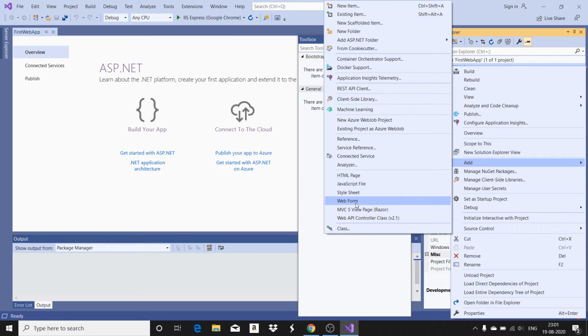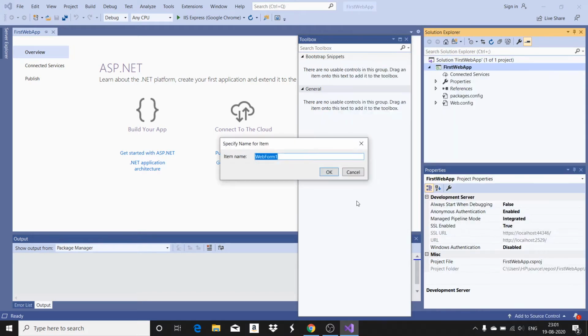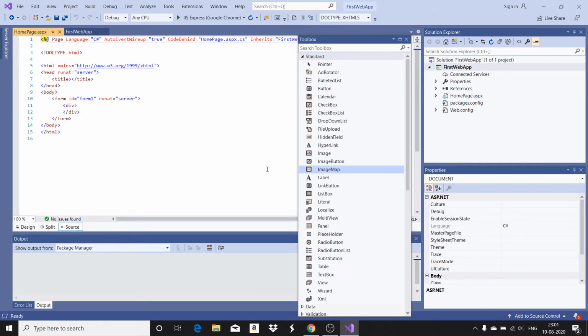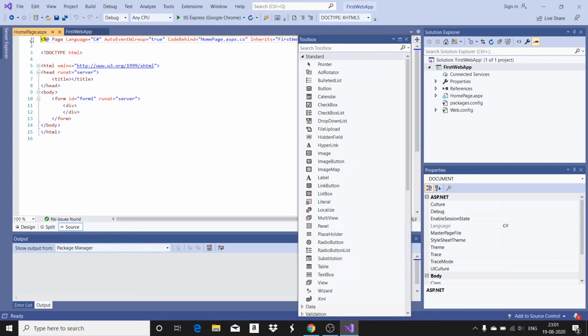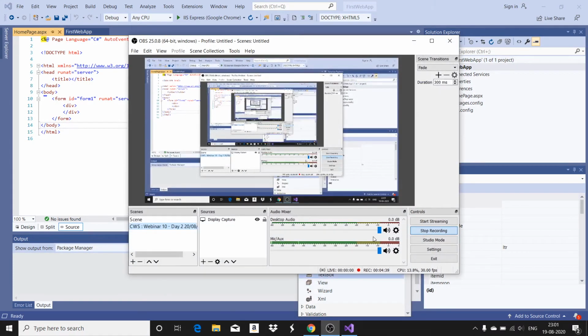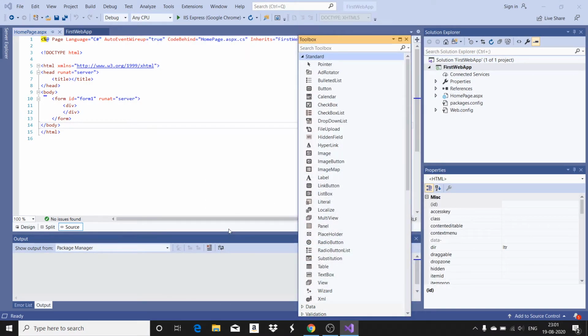We are going to now add a web form to our application. So I have added. So let me call it as home page. Click OK. Now it has added a web page, and you can see here it has added a homepage.aspx. Okay. Yeah, I have added it.